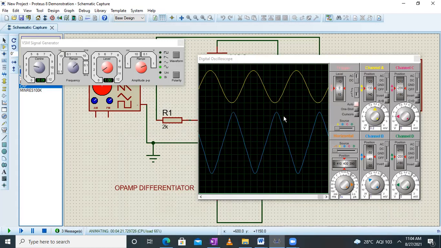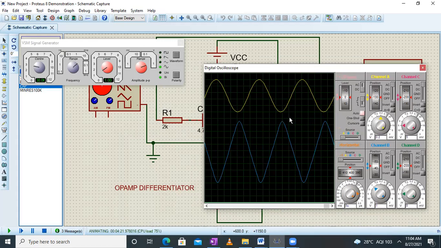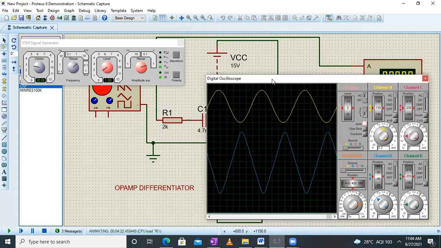That is happening because the op-amp is not able to catch up with the speed. Op-amp output at higher frequencies cannot catch up with the speed of the input. So it will take some time for the output to respond to the input changes, and that is what we call the slew rate. Because of the slew rate of the op-amp, as we go on increasing the input frequency, your output waveform will become closer and closer to a triangular waveform, because the output is no longer able to track the input changes so fast. Fine.